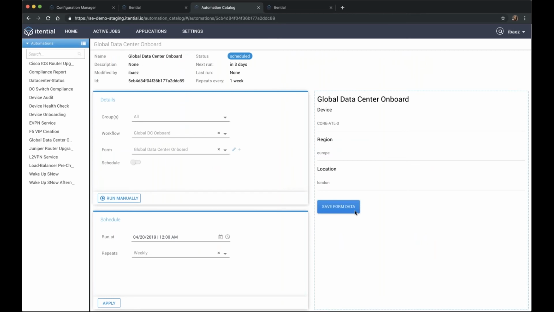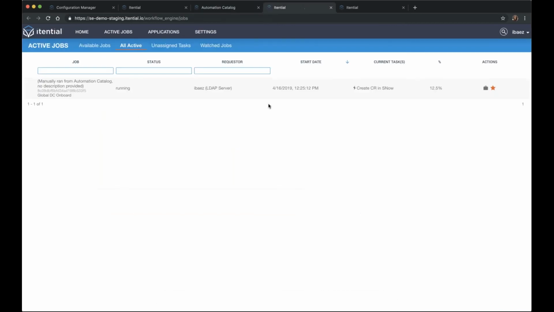For the purposes of this demo, I'm going to execute it manually, but I also want to note that you can search for all of the automations that you've created within this platform to be scheduled and executed whenever is appropriate for your business needs. So with that, I'm going to kick it off, and we're going to follow along within our active jobs,